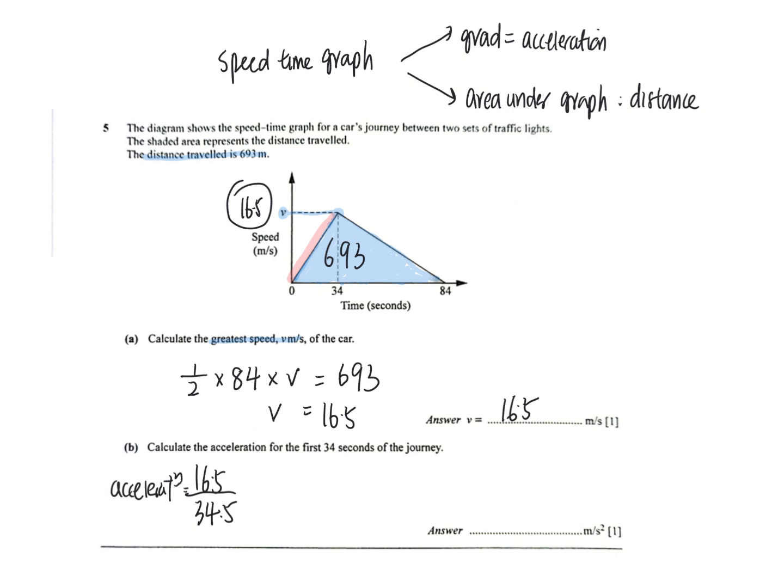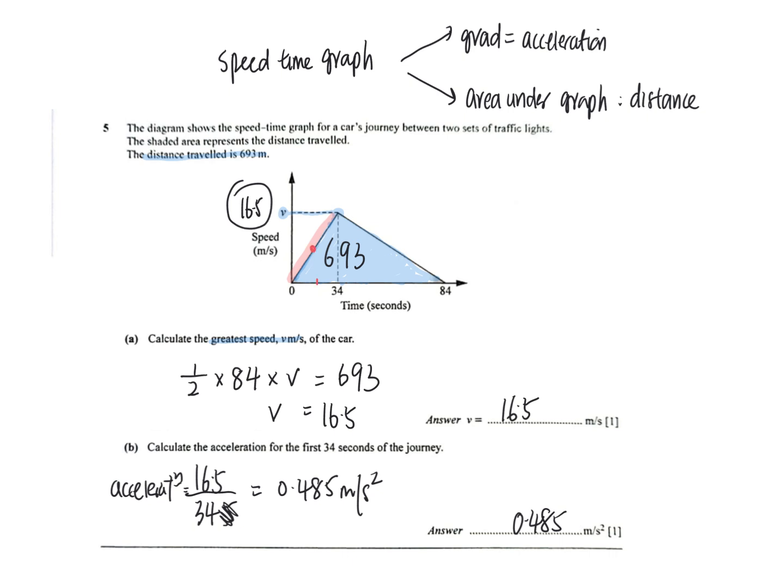So if you are asked this kind of question, you should be happy because divide by 34. Okay, you will get 0.485 meter per second square. Okay, very direct and clear cut. So if it's speed time graph, remember these two things. Even if I ask you for the speed,